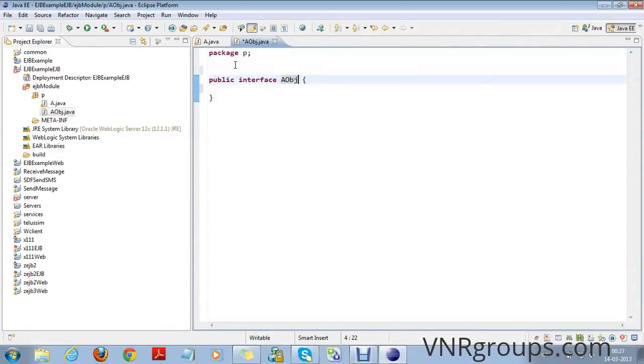This interface is called component interface, and it extends EJBObject interface.